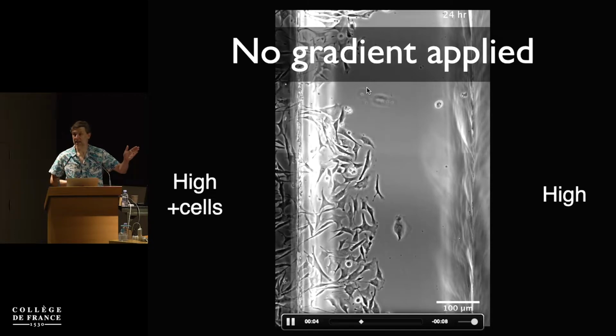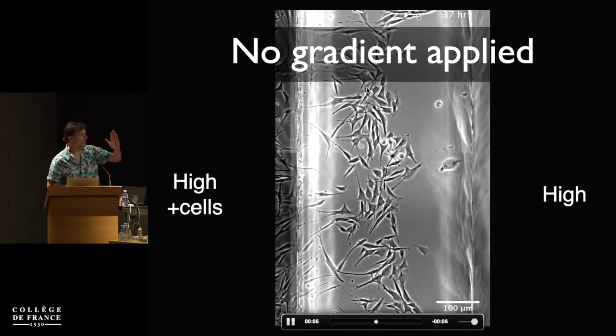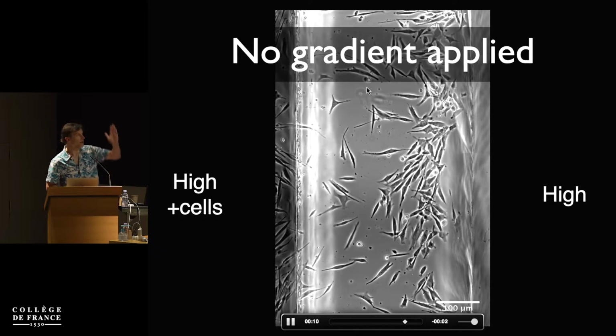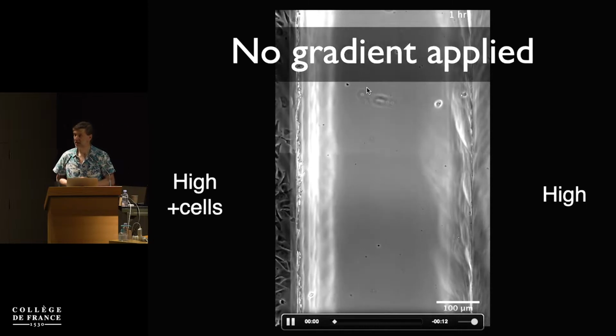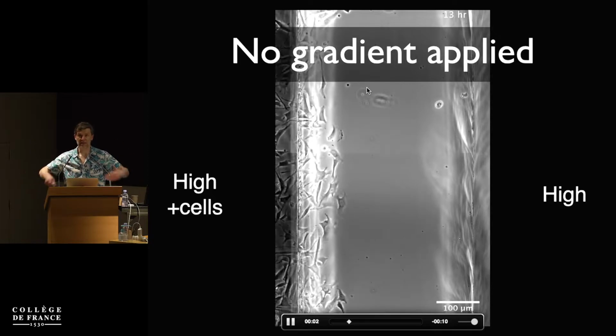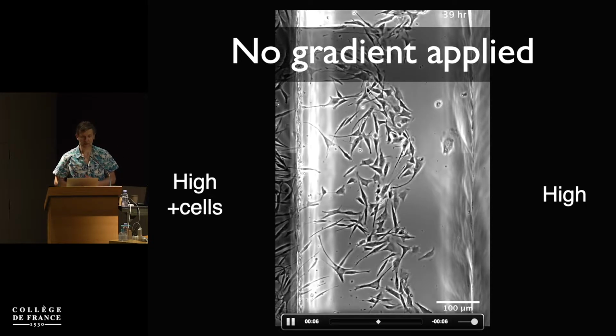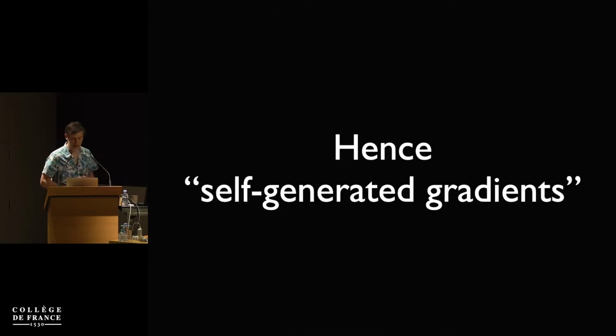It's not clear to me that LPA is the chemoattractant when you have a melanoma in your body, but the system is exactly the same. The cells chemotax, you can see the cells chemotaxing in a wave to a gradient that they've made themselves. So this is the origin of the term self-generated gradients. The cells make the gradients and the cells respond to them. And it's complex and it's beautiful and we like it very much.